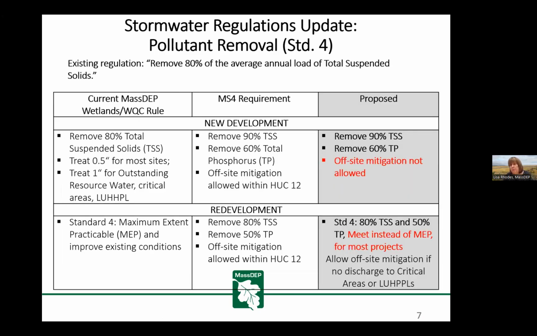And then standard 4 is the pollutant removal standard, and this is the one that was most important to try to align with EPA. So the current standard is to remove 80% of the average annual load of total suspended solids. And the proposed standard would be to remove 90% total suspended solids and 60% total phosphorus, which is aligned with